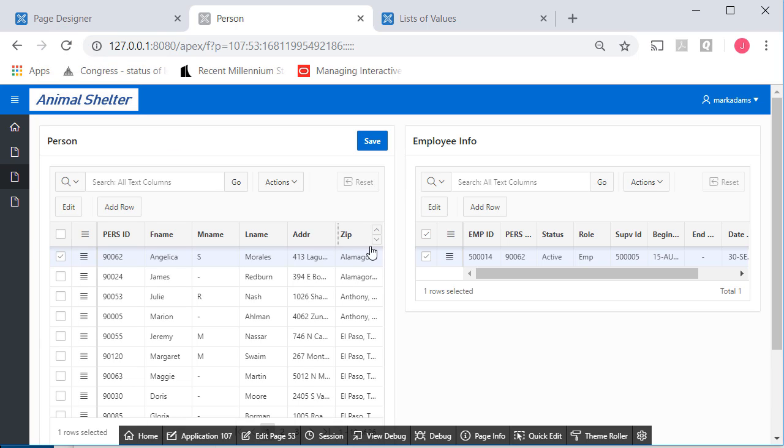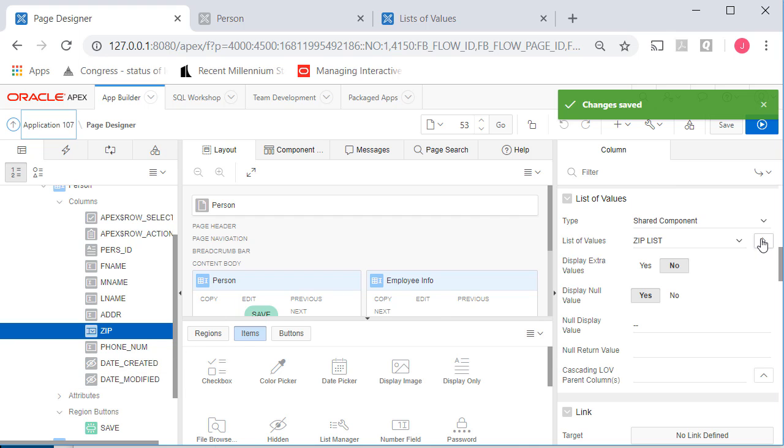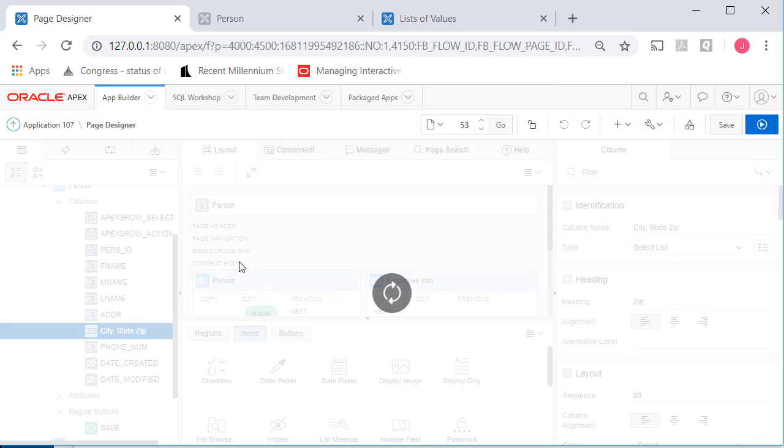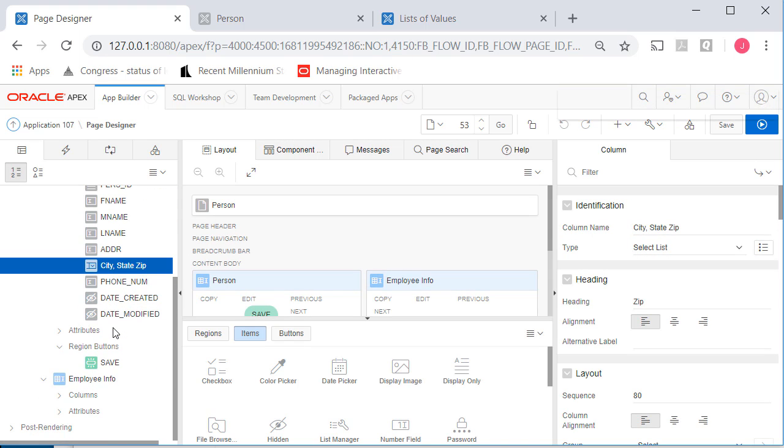So I did a refresh, and now we're seeing, actually we're not seeing the zip code itself. Now what we're seeing is city, comma, state, space, space, zip. My display's not quite wide enough here. So I can edit this column heading, and instead of it saying just zip, I could put city, state, zip, and save that change. But while I'm here, I'm going to make some other edits that are in the details